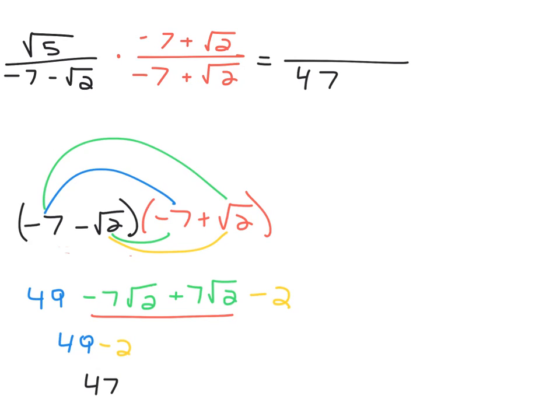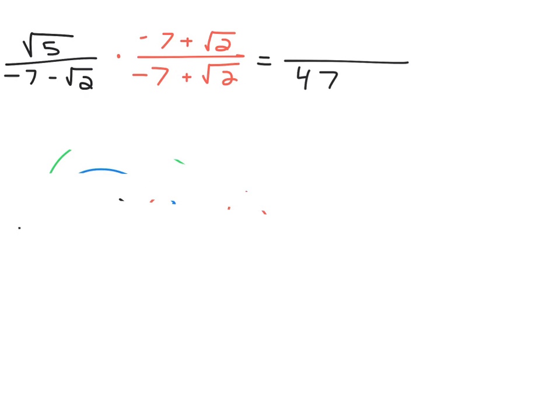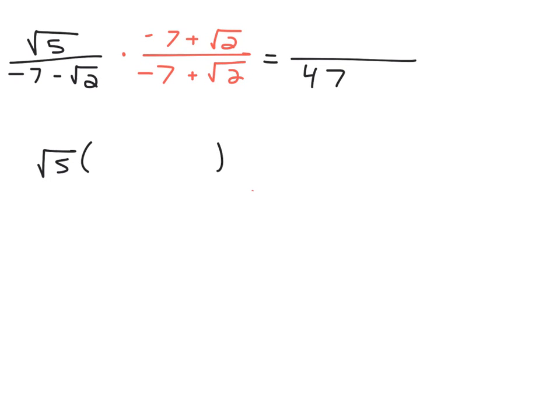Now we need to multiply the top. We're not done there yet. So let me erase this just to make room. You can always back up the video if you want to see what I did there one more time. And then what we need to do now is calculate the top here, and what we're multiplying is root 5 times all of this. So we say root 5 times negative 7